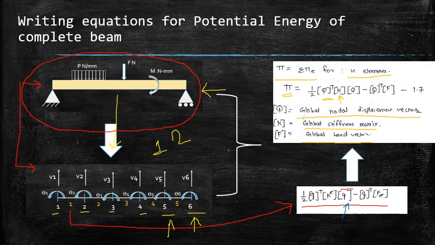Now before start of this video, I have told that the audience or the viewer should go through the basic terminologies, means how to assemble the local stiffness matrices into global stiffness matrix, how to assemble nodal load vector or nodal force vector into global load vector, how to formulate global nodal displacement vector from the elemental displacement vector. So I assume that the viewer is well aware with all these techniques for the assembly of stiffness matrices and displacement and load vectors.